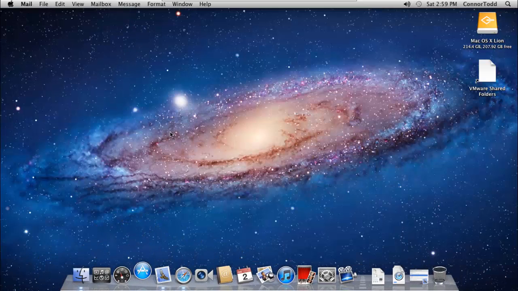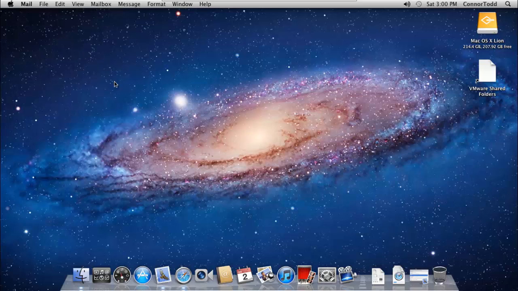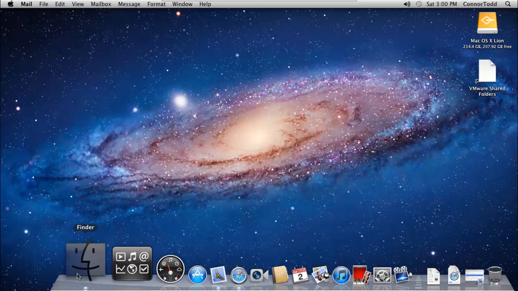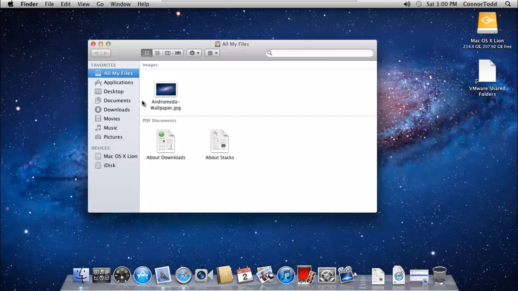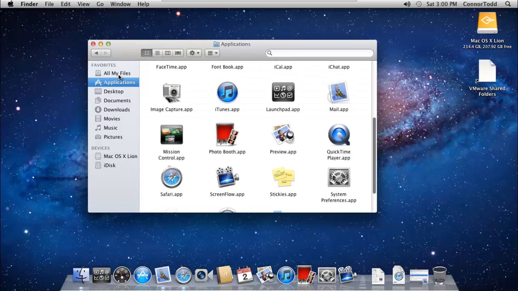App Store is a big thing. I've already personalized this, so I put my Apple ID in. So it says I cannot connect to the App Store just because I'm not connected to the internet at the moment. The Finder works beautifully, and I'm really actually excited about this